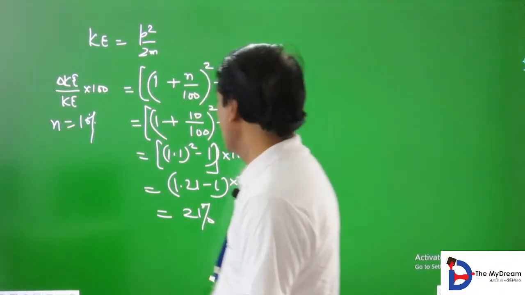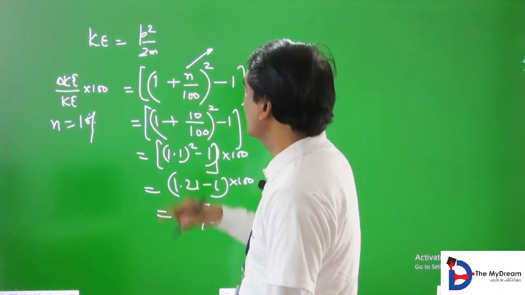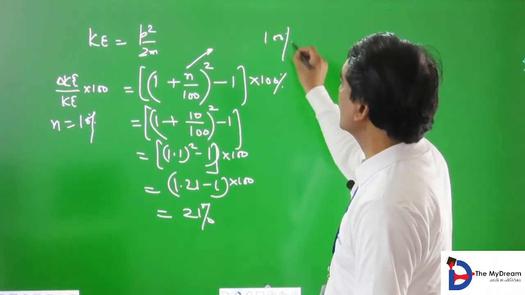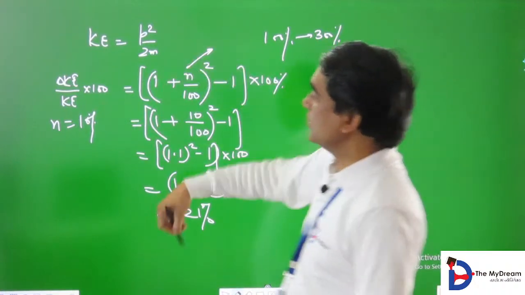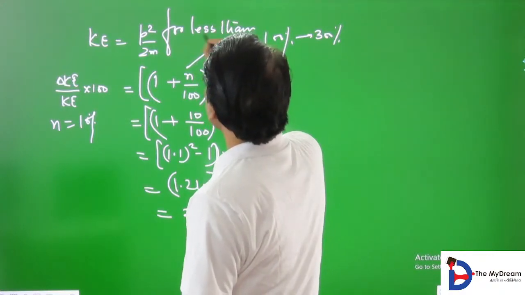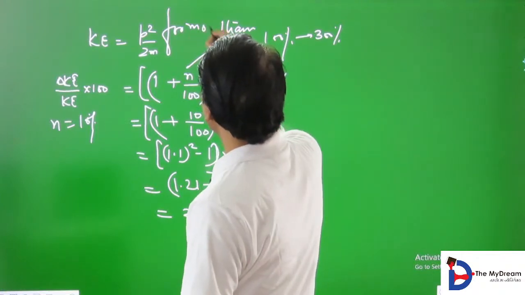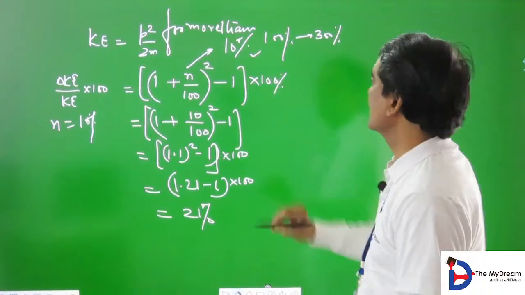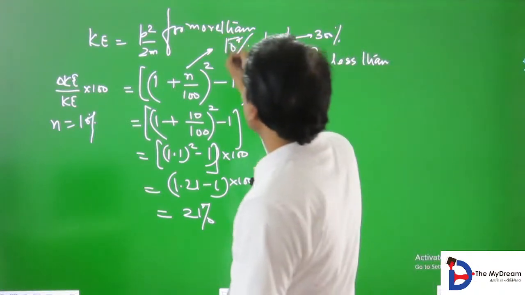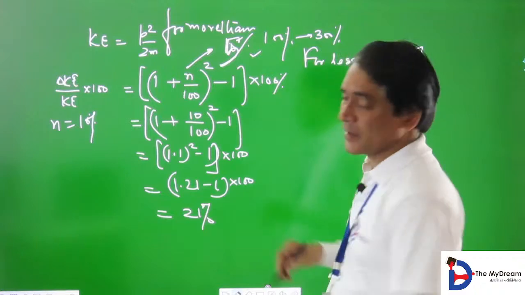Now, in place of n, if you are taking 100, 100 divided by 100, 1 plus 1 is 2, square of 2 is 4, 4 minus 1 is 3, और मैंने बताया था 100% वाले का आंसर क्या बताया था। ये जो ट्रिक्स हैं किसके लिए, फॉर मोर देन 10% के लिए, और फॉर लेस देन 5%, तब आप डायरेक्ट फार्मूला यूज करेंगे परसेंटेज एरर वाला।